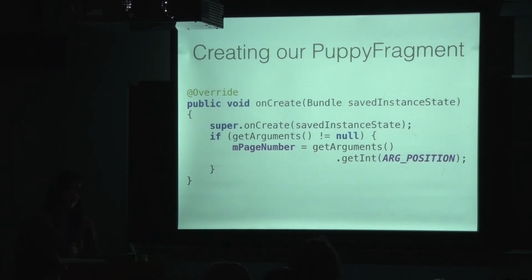So we can leverage our fragment's onCreate callback to get initialization arguments that we set on the fragment at instantiation by calling getArguments, and then set any variables accordingly. It would also work to do this in onViewCreated or onActivityCreated, depending on whatever you're doing. So don't confuse getArguments with saved instance state. getArguments are the instantiation arguments that you set when you created your fragment instance, and they are not the saved state, which can be found in the saved state bundle.